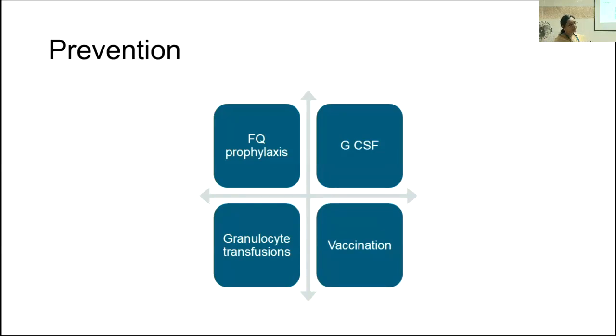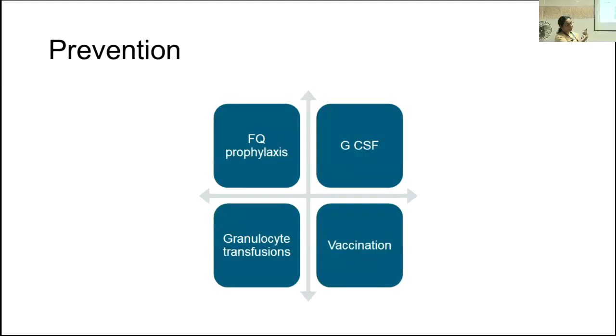What about GCSF? The literature is at least a little bit clear there. If you have a high-risk patient where you think the chance of febrile neutropenia is more than 20%, more in solid organ than in hemonc, there is evidence to use GCSF to prevent a febrile neutropenic episode. What about granulocyte transfusions? The literature is divided, and you are not going to get a well-designed RCT in this. But if you have a patient who is just going to recover in the next few days, you have used the best of the antibiotics, but the patient is still not recovering, you might give a trial of granulocytes. Again, it's more inclined towards prophylaxis.